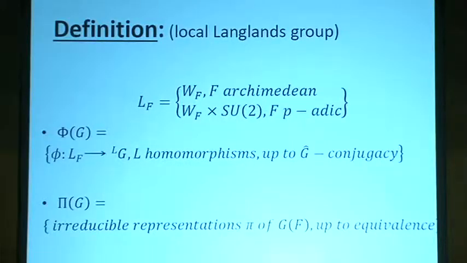So now F is a local field. I guess we didn't put that in. F is a local field. So for example, F is the reals or the p-adics, or actually some algebraic extension of them. And then for any such F, there's a group, by definition, the Weil group if F is Archimedean, or the Weil group cross SU2 if F is p-adic. And then we take Φ of G to be the set of all homomorphisms of this locally compact group